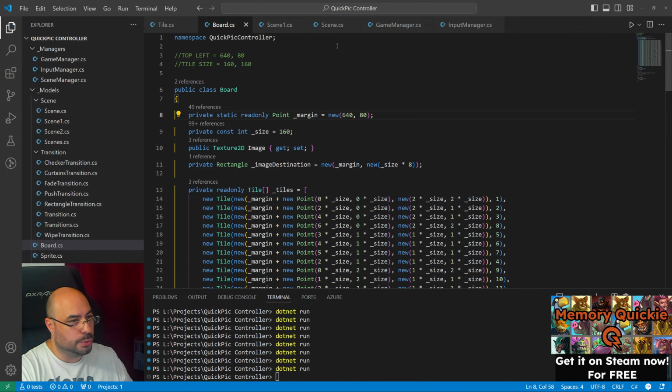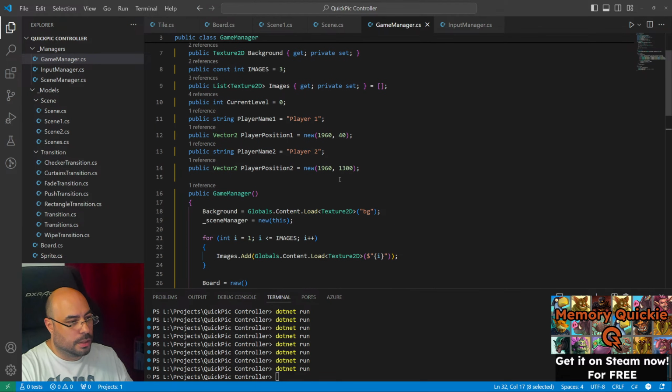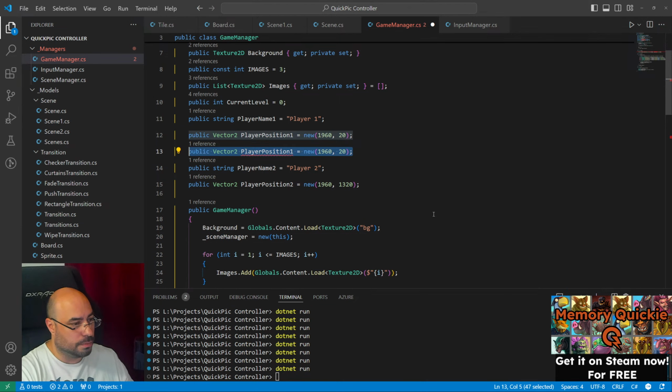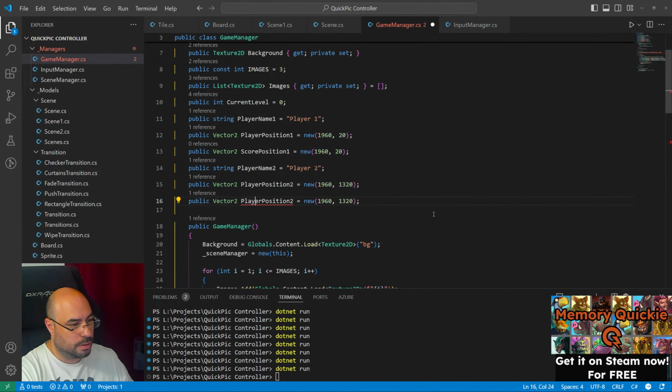So where are the positions there in the game manager? So that's, I don't know, 20 pixels maybe. So 20 and plus 20. Then we need the scores and the positions for the scores. So let's do like, I don't know, this player, score position 1, score position 2 and